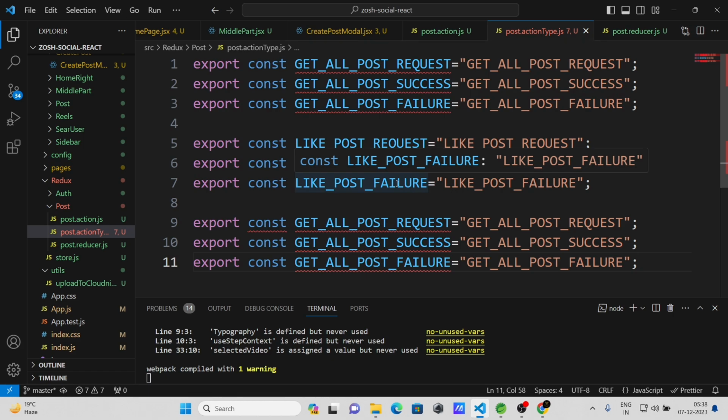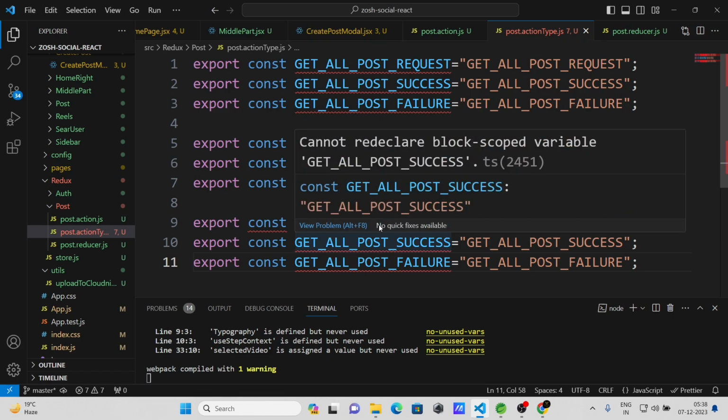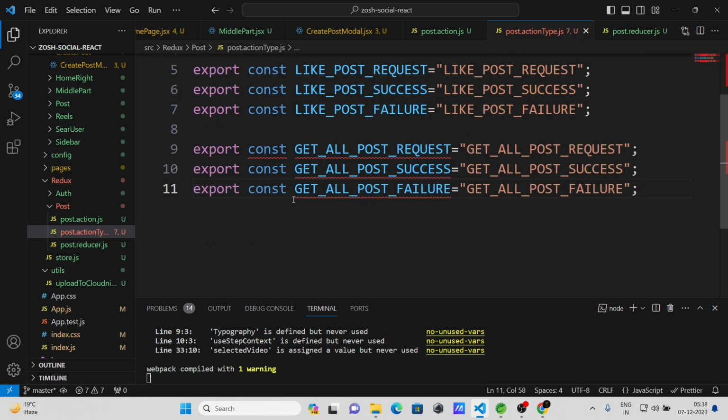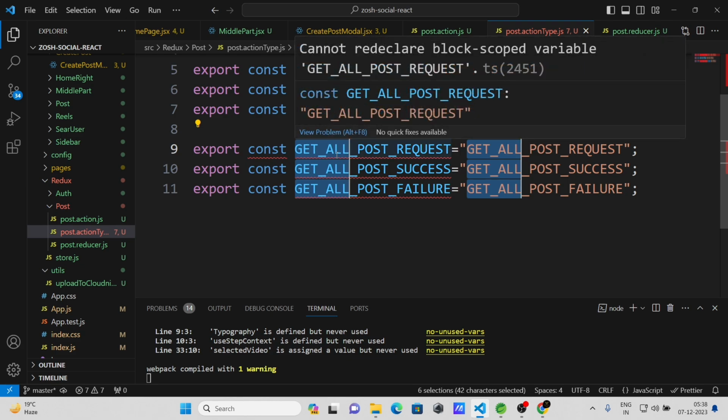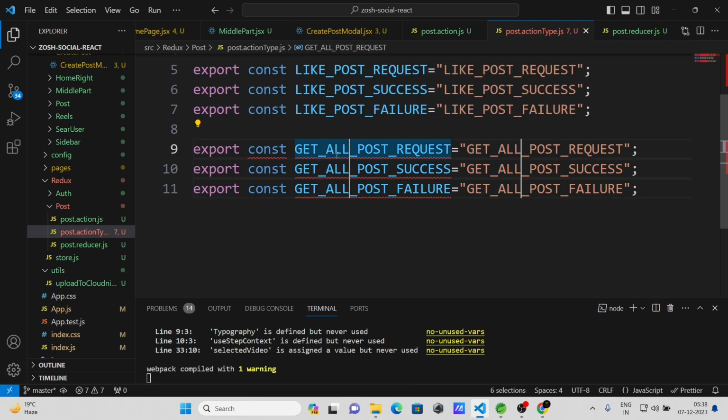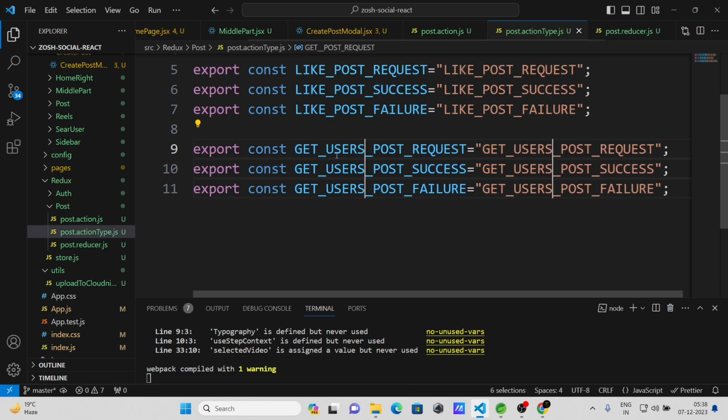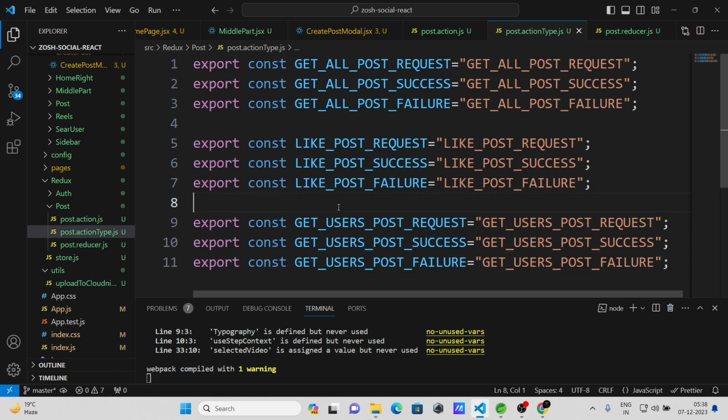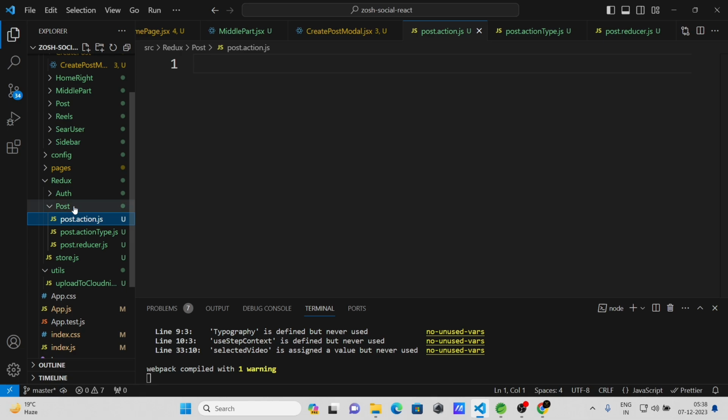Now let's write the same for get users post. So let's select this as well. Get users post request, success and failure. All right, now let's go to the action